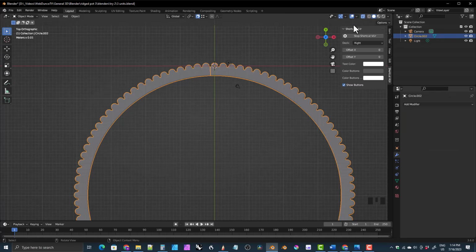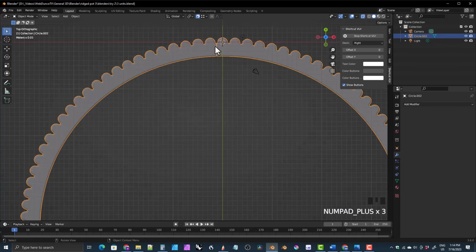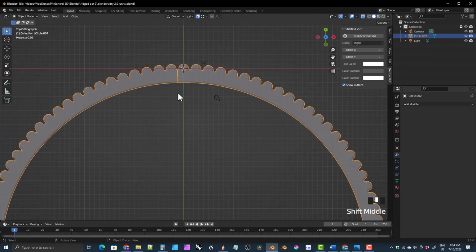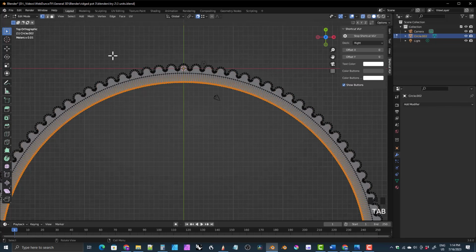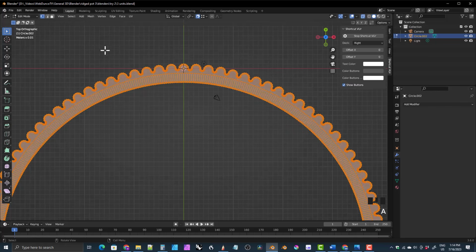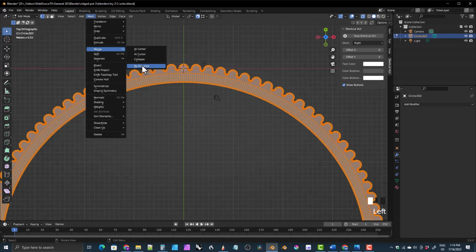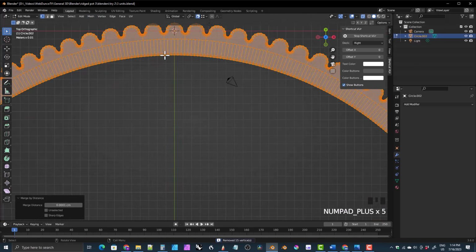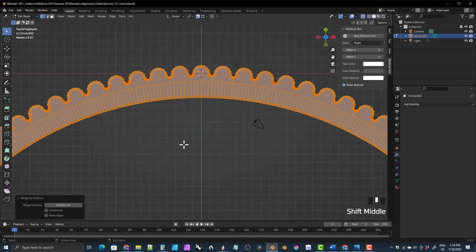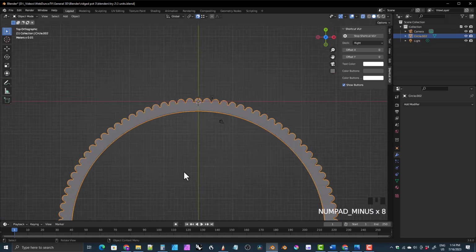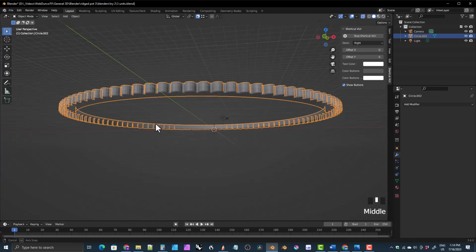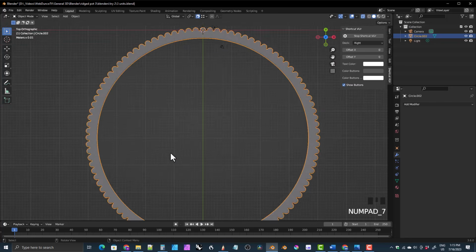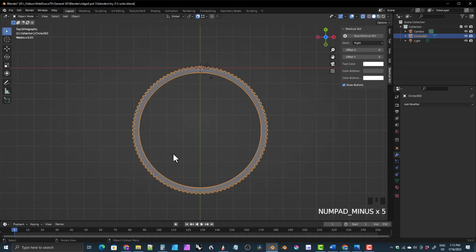And now you can see we're still in X-ray mode, and you can see there's a line right here. That means we have duplicate vertices there. So we want to go into edit mode. We want to press A to select everything. Go to mesh, merge by distance. You can see it has removed 15 vertices. That's all the vertices that were along this edge ring right here, edge loop right here. Okay, so now we have a solid piece of geometry here. Right, it's just a ring right now, a single ring, but it's going to be the bottom of our pot